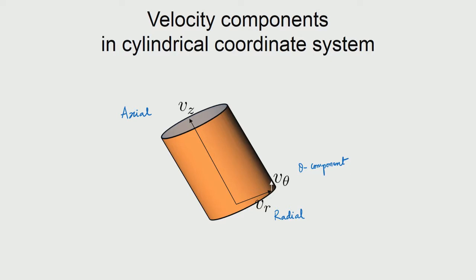As you can see, the theta component is pegged at the end of the r vector, and as a function of theta, which I am showing here, the location of the vector v theta would be changing. This actually means that in the cylindrical coordinate system, the Navier-Stokes equation will have terms in addition to what normally are expected from the rectangular coordinate system, and we must be conscious of those terms while solving the equations.